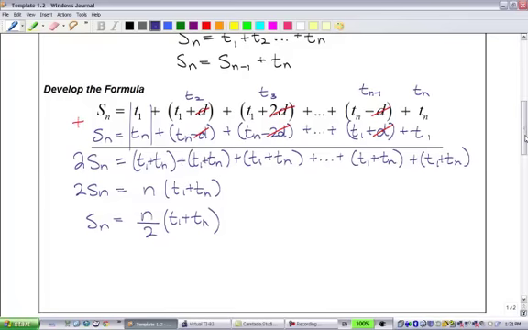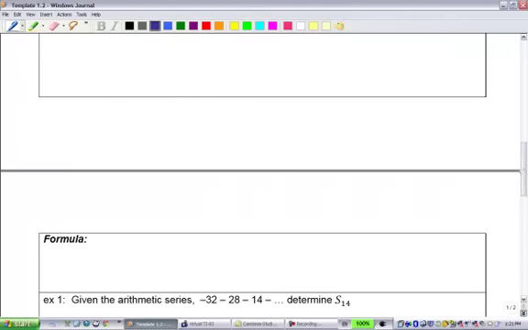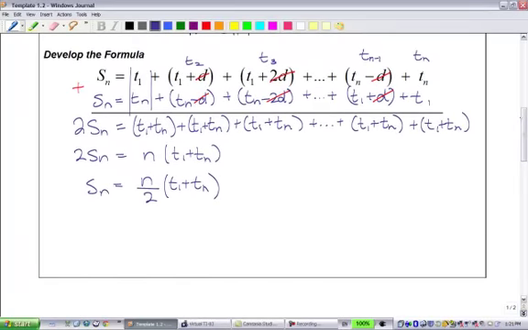That's a great formula. If you want to scroll down and write that in on the formula page there, we're going to make room for a second one here that we can edit a little bit. That's n over 2 times t_1 plus t_n. We have another option. If we look at this formula, it's clear that we can figure out the sum of the first n terms